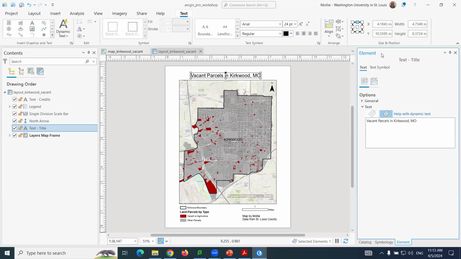This is the element properties over here on the right side. And so I'm just going to change this. Instead of, I'll just change it to, say I want Missouri written out. So I can update that. If I want this to be maybe a different color, or maybe I want to add a stroke or some other symbology,